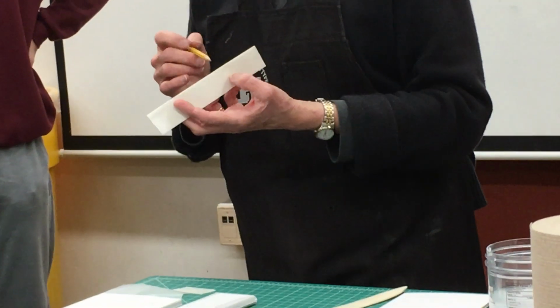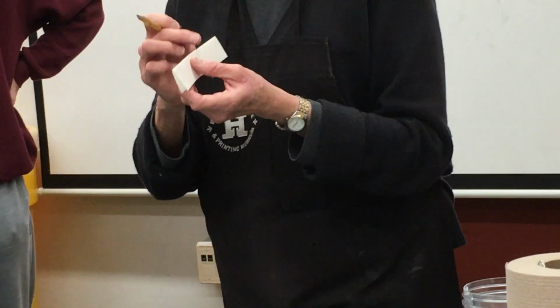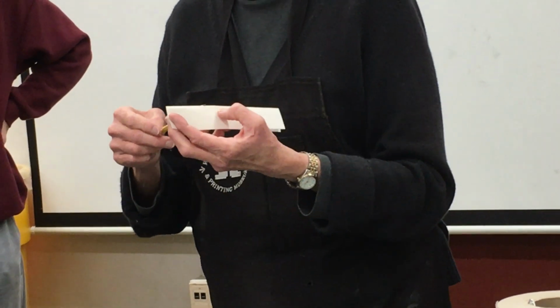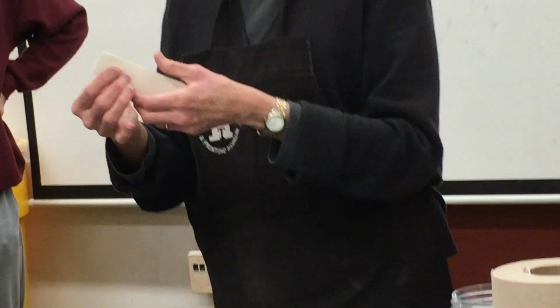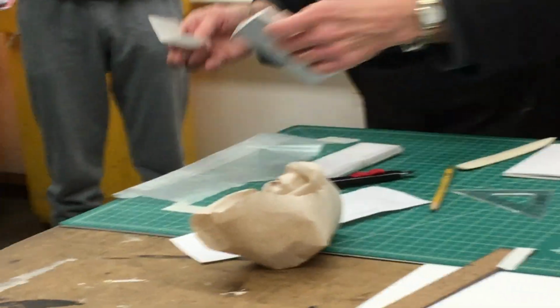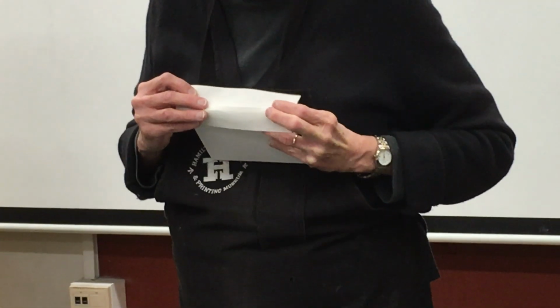And you don't have to do this. You can just use the fold as a guide, but just so you can see it and so I can see it better, because these fluorescent lights really erase folds, I just put a light pencil line down that center fold. And I'm going to be placing it, after I glue it, in the center of this book spine